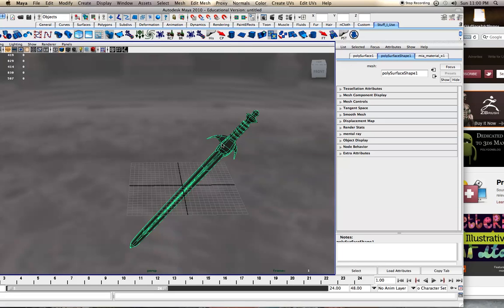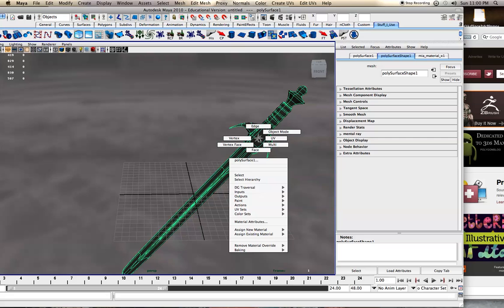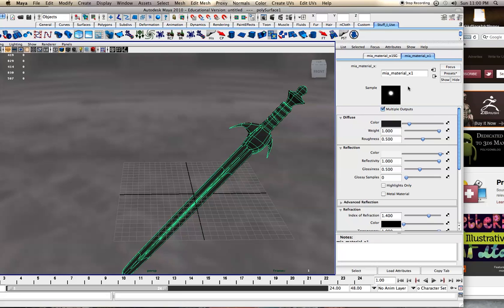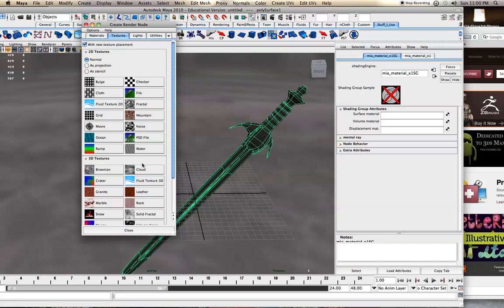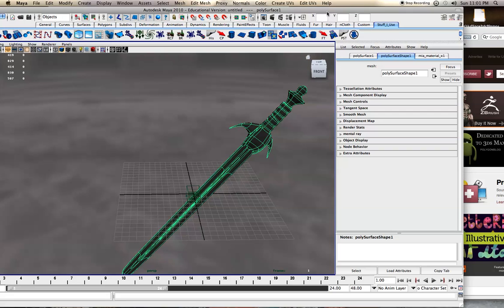Anyways, so one thing, I tried this before and I thought it looked fairly cool. Go to your material attributes. You can be doing all of this in Hypershade, but it's simpler and easier to just do it right in here. So click on this. I found the cloud works really well,